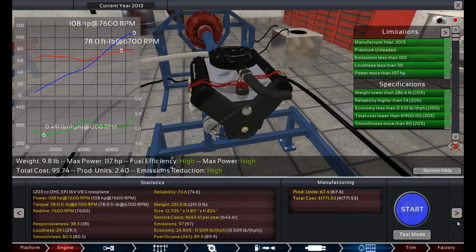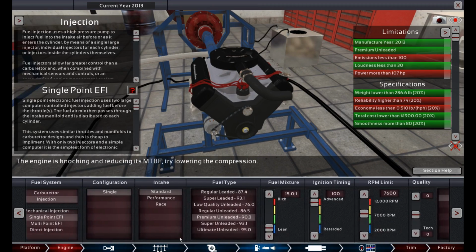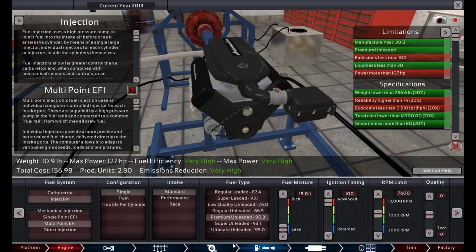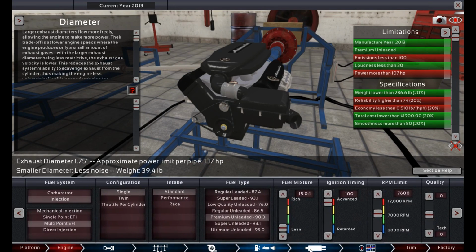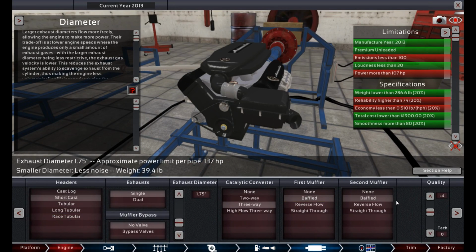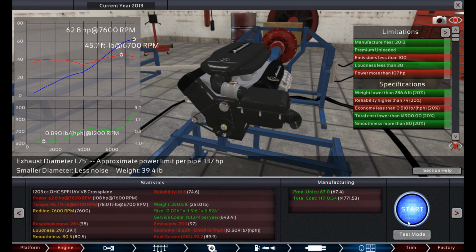But it would probably not work out because I would have to retweak everything. Yeah, I'm sure you could use that too. It would be just a different way of approaching it. I increased the red line a bunch. Switched all this around. Like I said, instead tubular short cast. Tried single versus dual exhaust. And then I upped the quality some. After all that, we got a